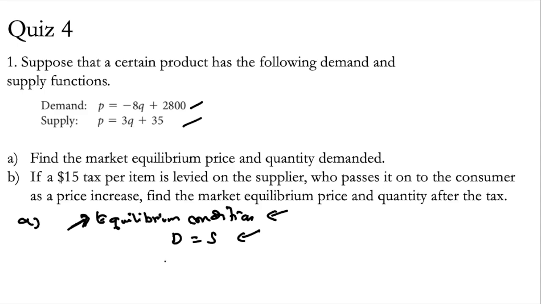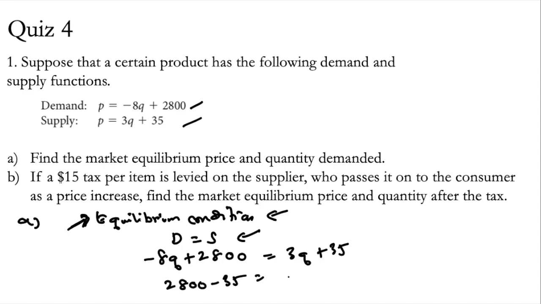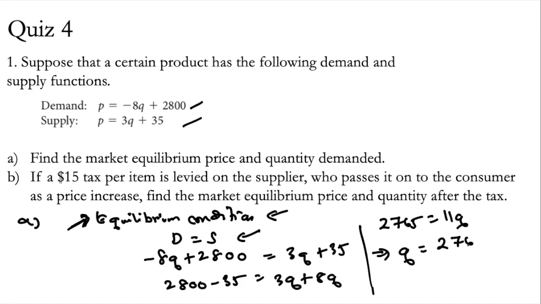So here, continue with the calculus, minus 8Q plus 2,800 equals 3Q plus 35, and then you rearrange it as usual. Okay, so here it is very obvious, so I bring it to this side. So it becomes 2765 equals 11Q. So from here you can get Q equal to 2765 divided by 11, and then simplify it further, and you're going to get